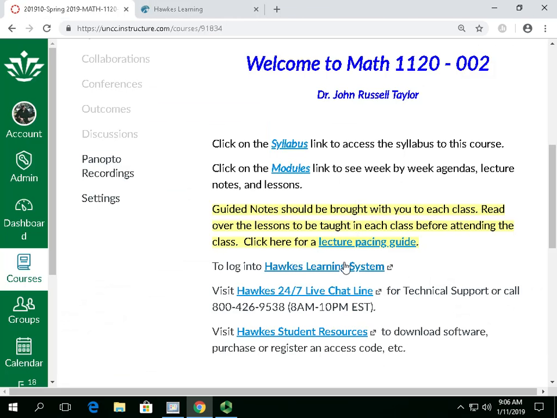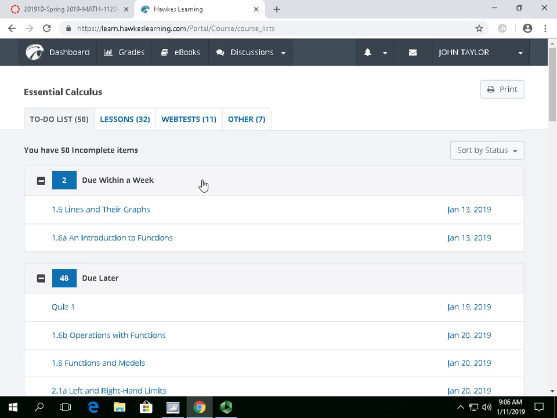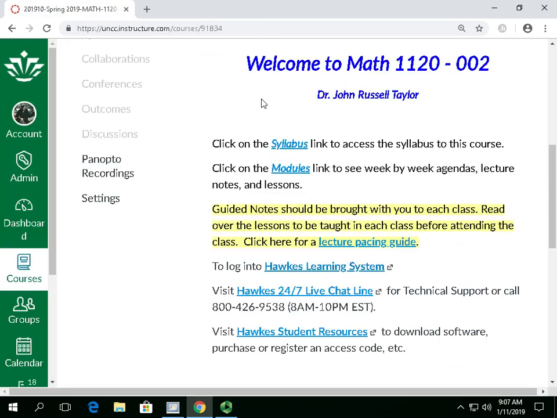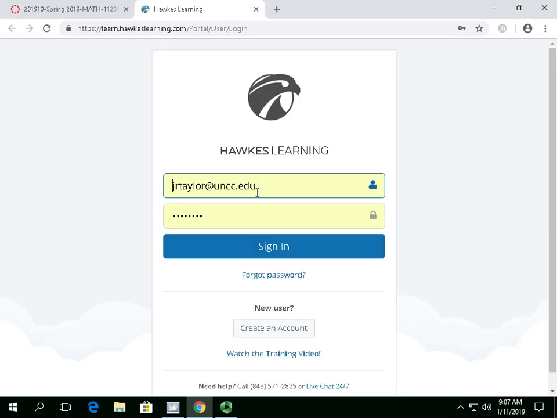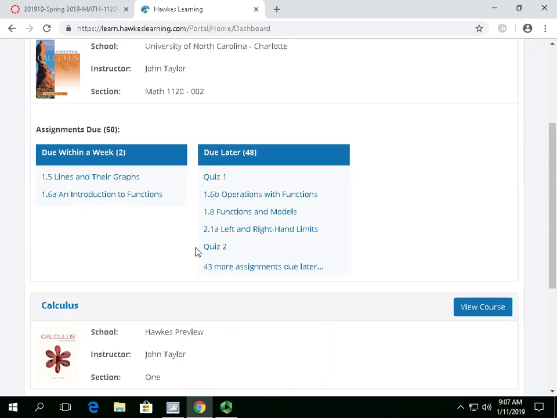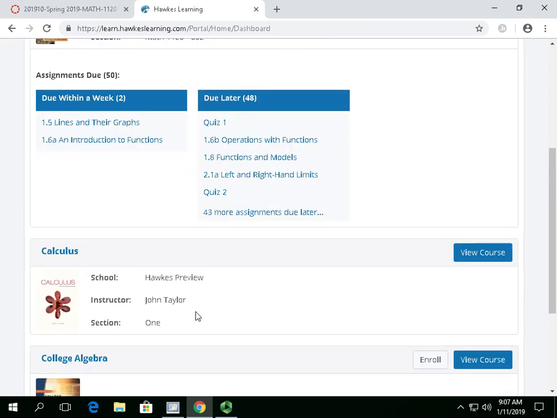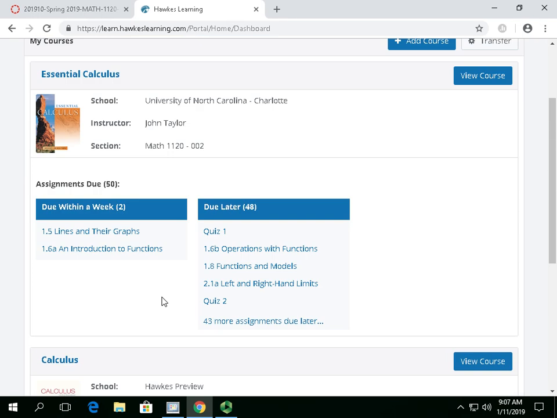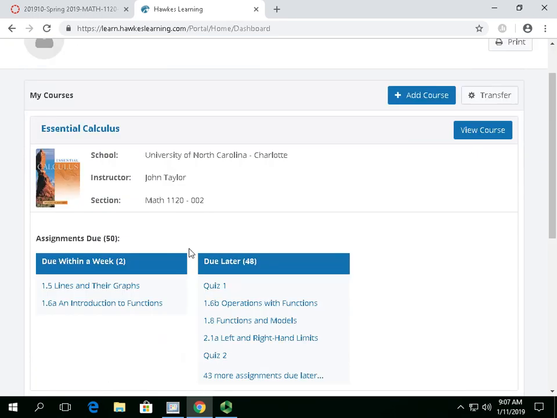So like I said, when you come over here and get yourself into the system, it looks like this, and then I'm going to go to, there's my course. Actually, let me just show you what I do. I go into the learning system, I type in my email address, and I've set myself up a password, and I log myself in. And if you guys had college algebra, which I think most of you guys told me you did, you may see several of your textbooks down here and stuff like that. I also taught the college algebra and stuff. And then you can go into view the course.